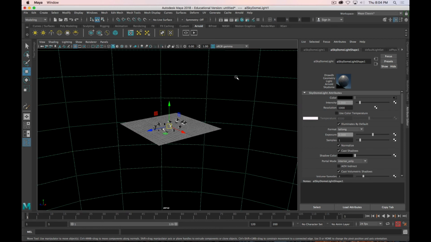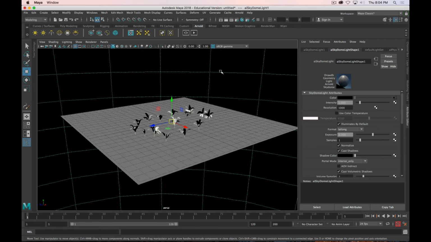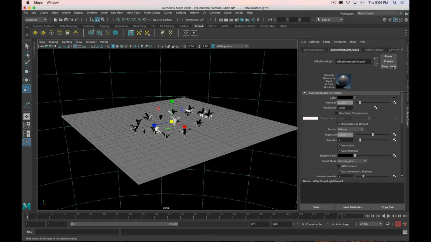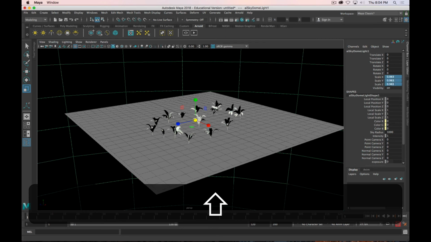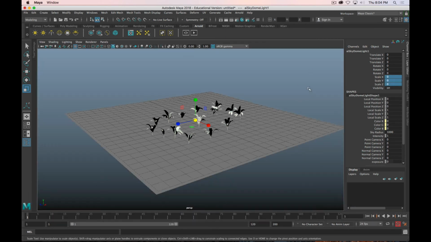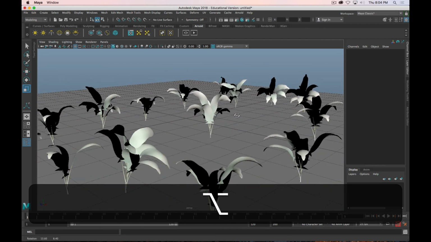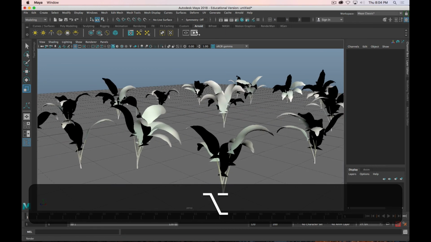Okay. Now if I add some lights, and I'm just going to take the shortcut and add an Arnold sun and sky. By the way, if you don't like seeing this black background of your Arnold sun and sky, you can actually just scale the whole thing down to 0. And you'll still get the effects of it, but it won't be obnoxiously blocking your scene. So now if I hit render in Arnold,